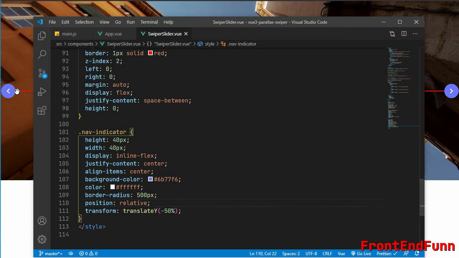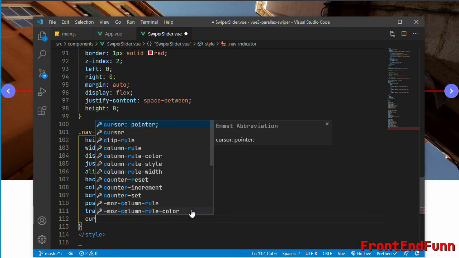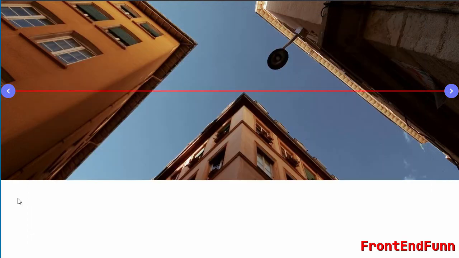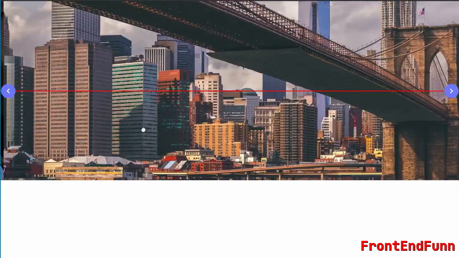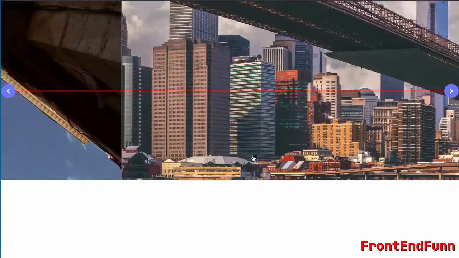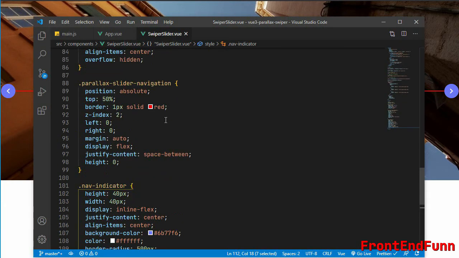Okay, and we'll set the cursor to pointer. As you can see, these are clickable and also the slider is draggable. So we'll get rid of this red border here.